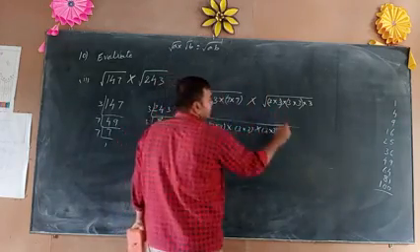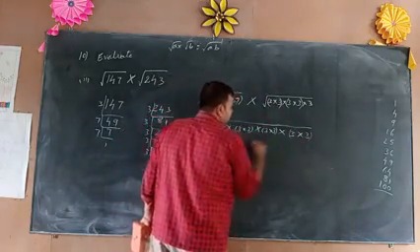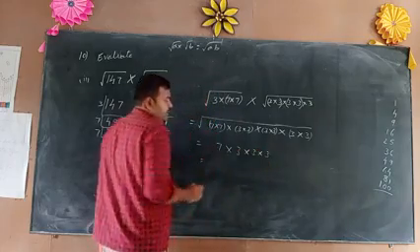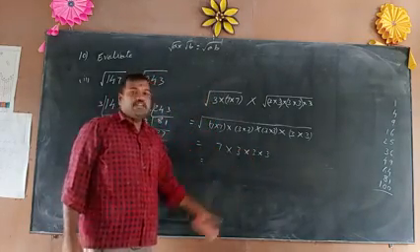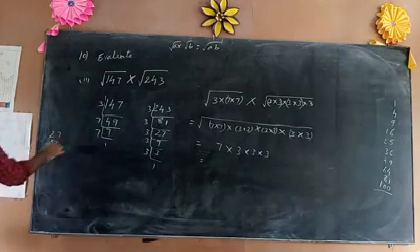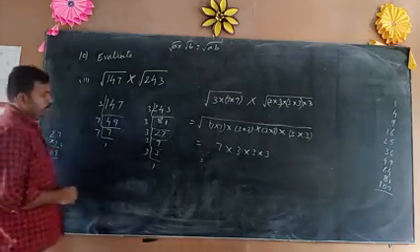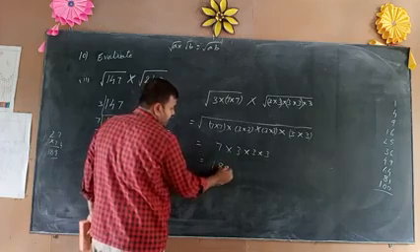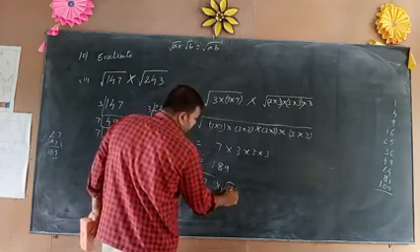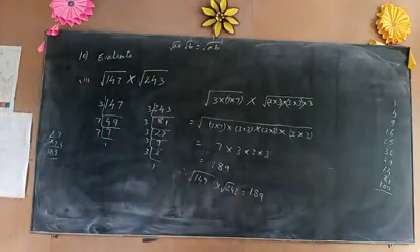Separately we have this 3 and this 3, so 3 into 3. First root 3 and second root 3. Put the bracket for those. That is 7 into 3 into 3 into 3. 3 3s are 9 and 3 9s are 27. So 27 into 7. 7 7s are 49, 7 2s are 14, 14 plus 4 is 18. Answer is 189. Therefore root of 147 into root of 243 is equal to 189. Like this, you have to do this sum.